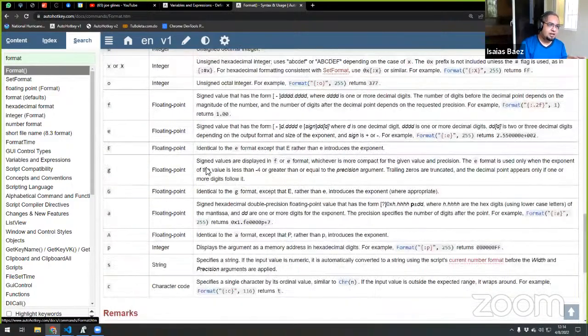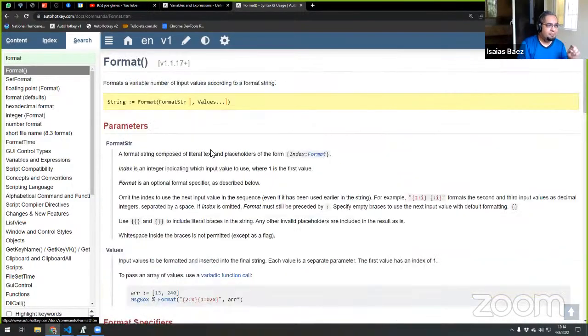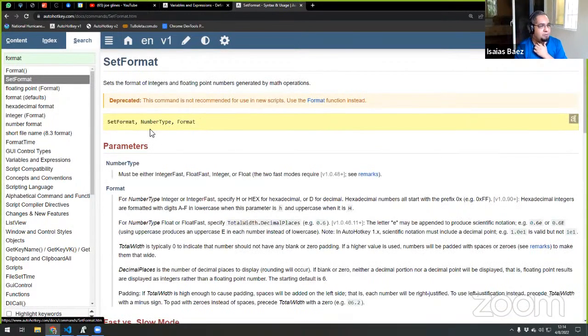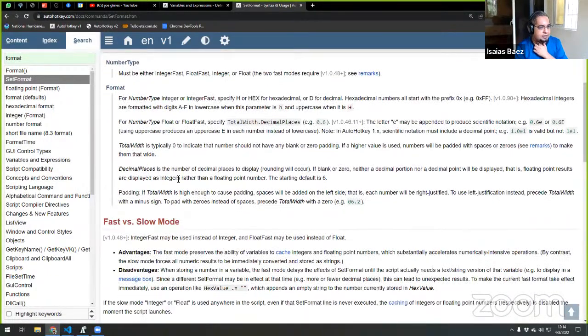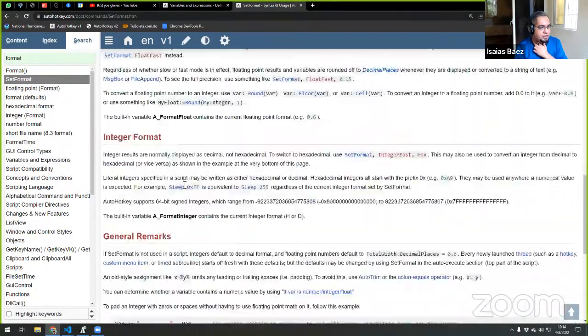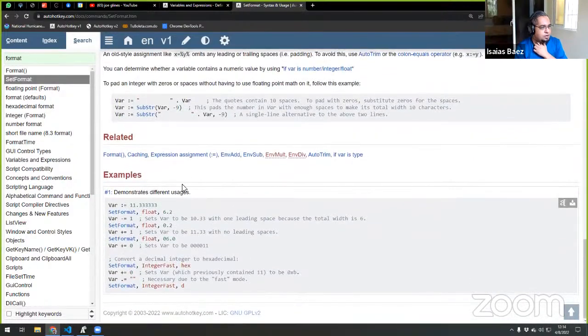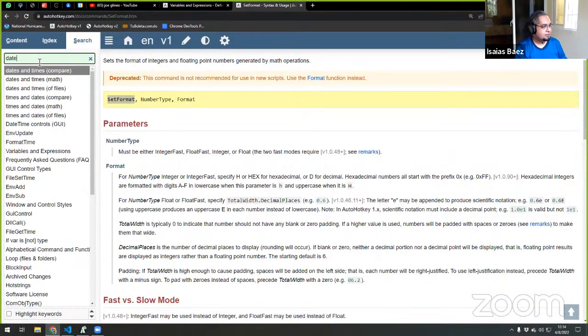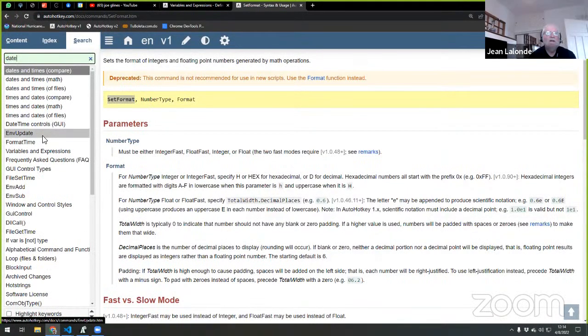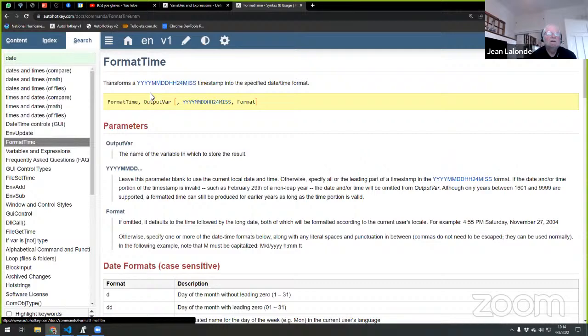Right. What I'm thinking is, if I could grab my already year, month, day format, let me show you what I remember. There was this set format here. And it gave me, hold on. No, this is not what I'm looking for. There was set date. And it's replaced by the format function. Format time. This is the one that I'm looking for.